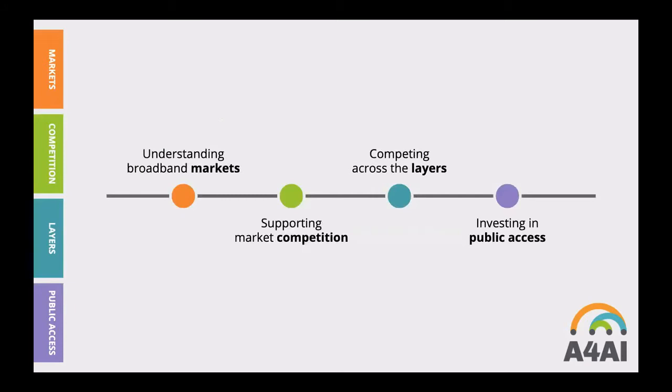To go through the report, I wanted to focus on 4 specific parts. First, how we understand broadband markets and how they work. Then, how policymakers and regulators can support market competition. Then, thinking about competition across the layers of the internet, not just in a more simplistic understanding. And lastly, our research found that there is a really important role for public and universal access projects within this mission of